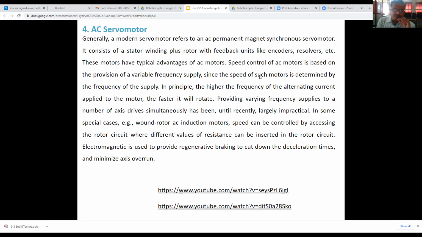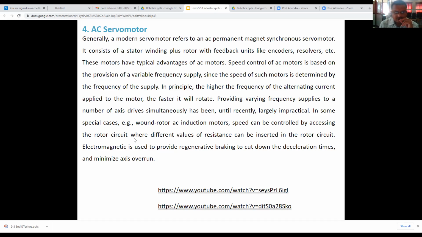Speed control of AC motors is based on the provision of a variable frequency supply, since the speed of such motors is determined by the frequency of the supply. In principle, the higher the frequency of the alternating current applied to the motor, the faster it will rotate. Providing varying frequency supplies to a number of axis drives simultaneously has been until recently largely impractical. In some special cases, for example, wound rotor AC induction motors, speed can be controlled by